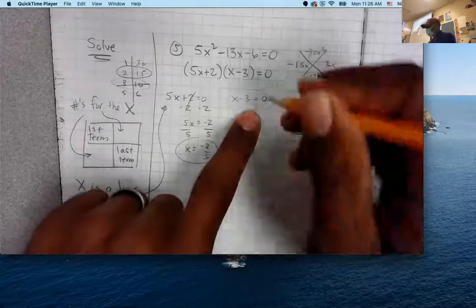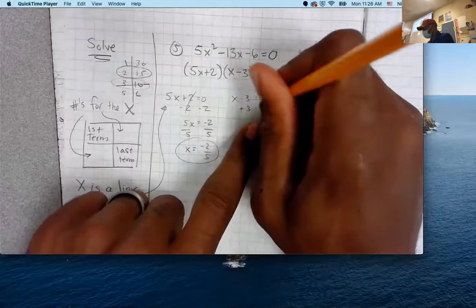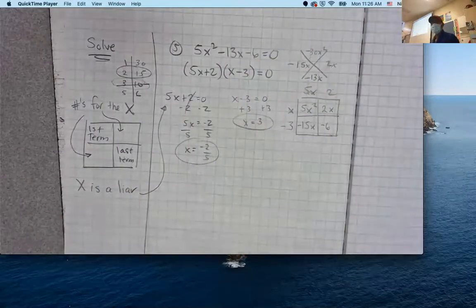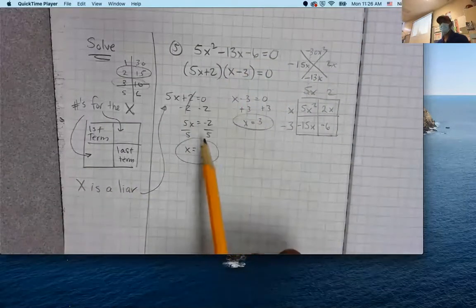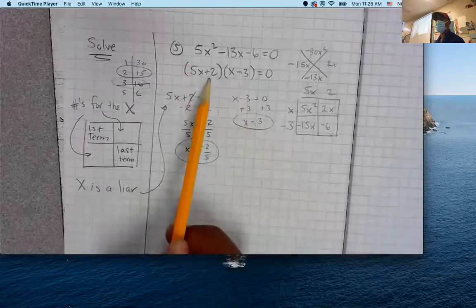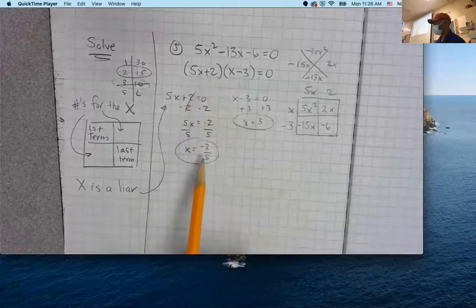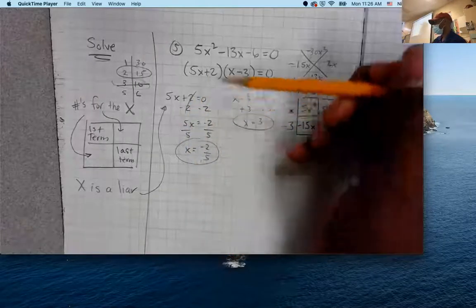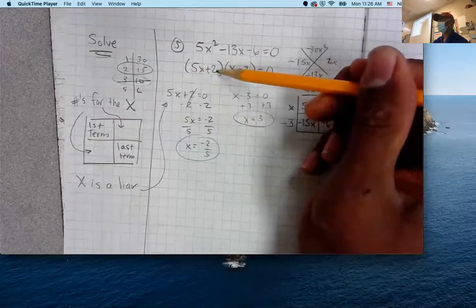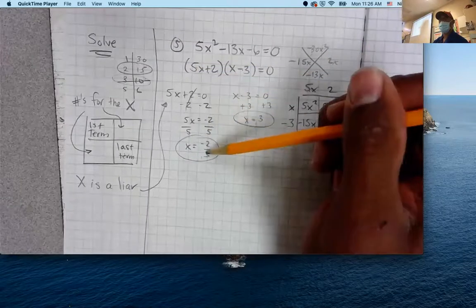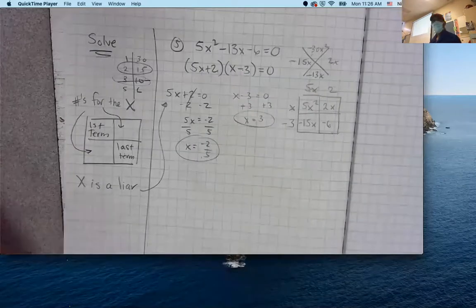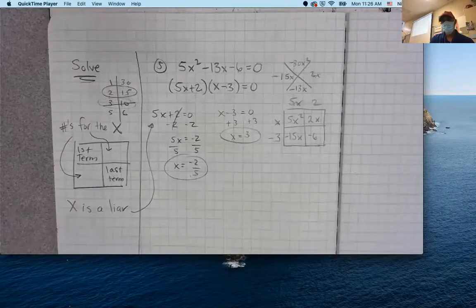And then for this one, I add 3, so x equals 3. So you see I had to take it one step further. If it's -3, I know it's +3. Here, if it's positive, I know it's going to be negative. And the shortcut to do for this one, when you have a number in front of the x, is that number goes on top, the 2, and then that number goes on the bottom for the fraction. Okay. All right, so that is it for